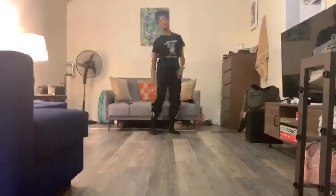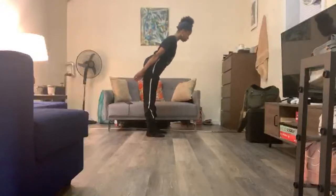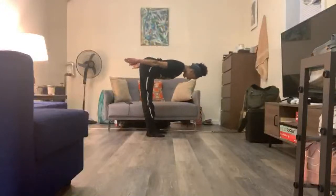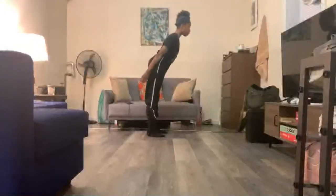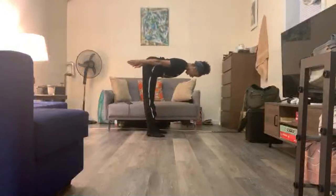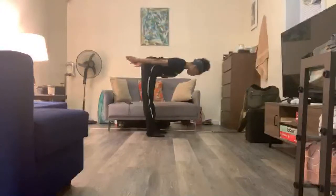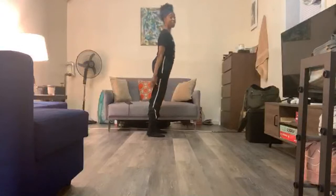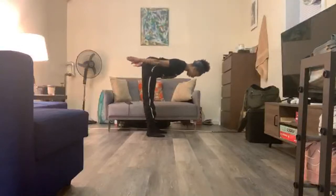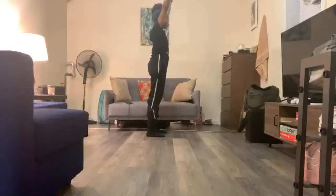Let's do our flat backs. 2, 3, and 1. And up. 2, 3, and over. And the balls of your feet. And over. Make sure your neck is in line. 1, 2, 3, and up. Brings back so many memories. You guys have no idea. 2, 3, and up. Now adding the arms. And 1, 2,